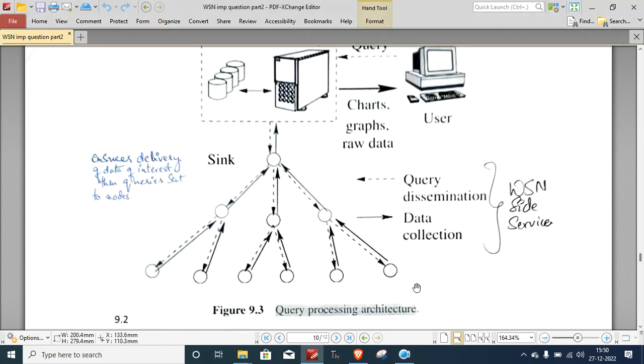Hello everyone, in this video tutorial I'll be taking you through query processing architecture. So this is how the query processing architecture looks like, wherein we'll be having hierarchically arranged sensor nodes, and this is the sync node. So this is the level 0, level 1, level 2 sensor nodes, and these two are communicating with their